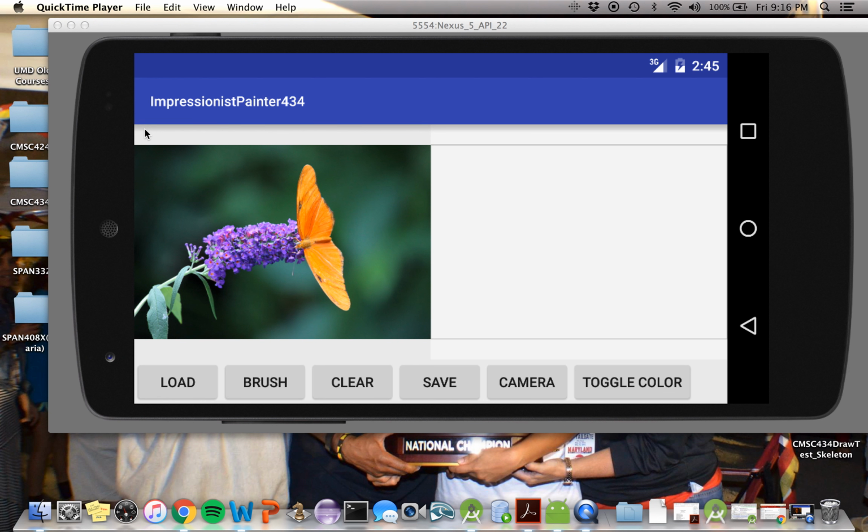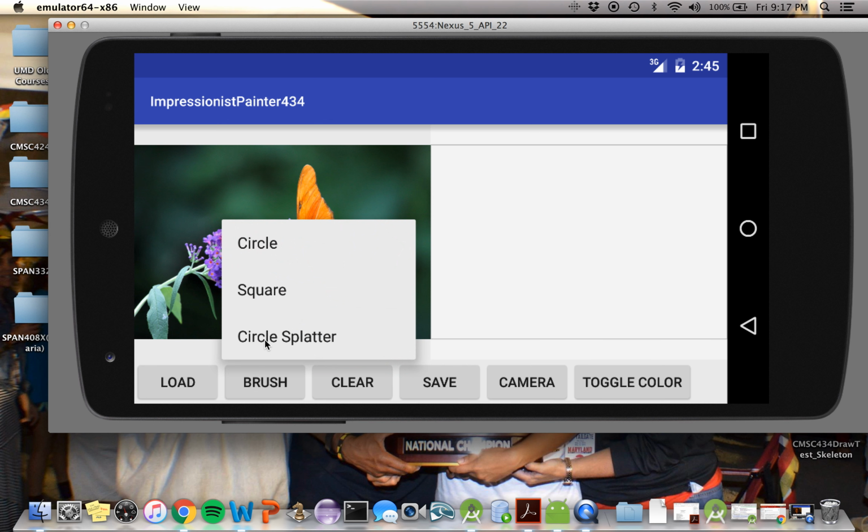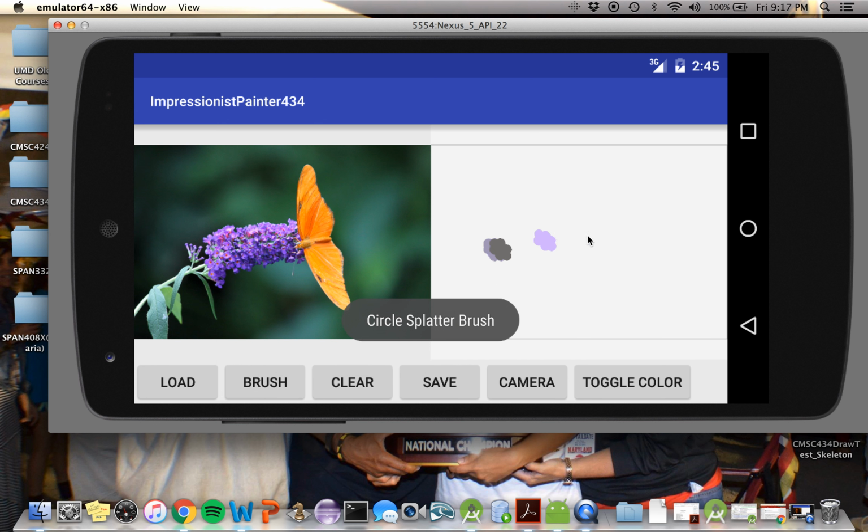So this is my demo for the Impressionist Painter project. I'm in the main screen of the app. First up, I'm just going to demonstrate the different brush types. So first up, I have circle splatter. I can just draw on here